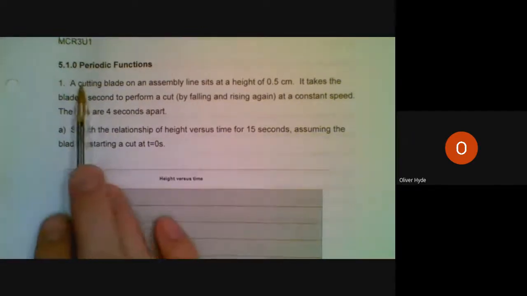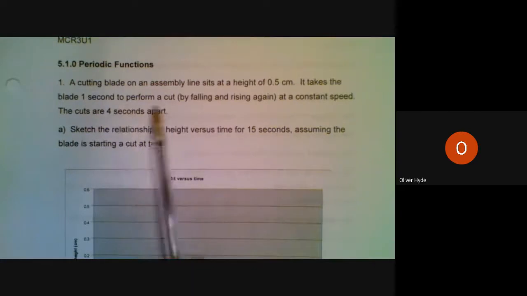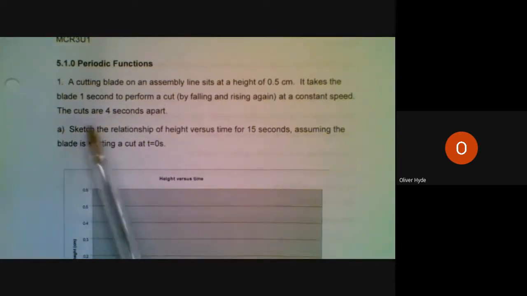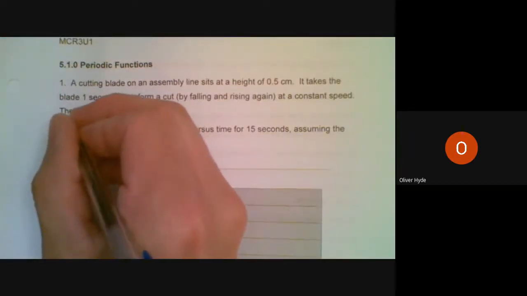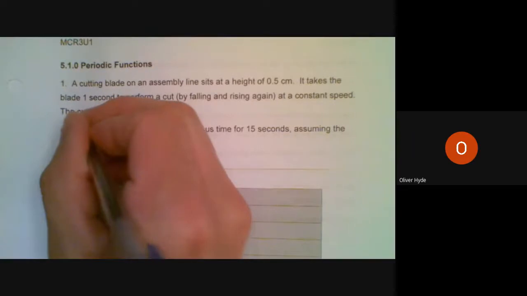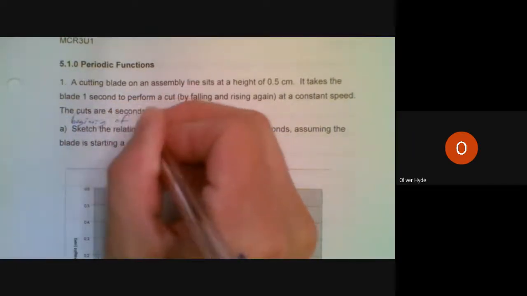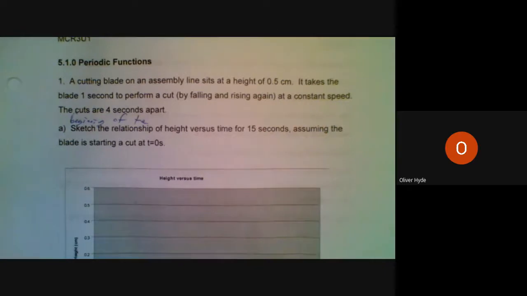So let's imagine we have a cutting blade and an assembly line. It sits at a height of 0.5 centimeters, takes the blade 1 second to perform a cut by falling and rising again at a constant speed. It says the cuts are 4 seconds apart. We could make this clear and say the beginning of the cuts are 4 seconds apart. So we're asked to sketch the relationship of height versus time for 15 seconds, assuming the